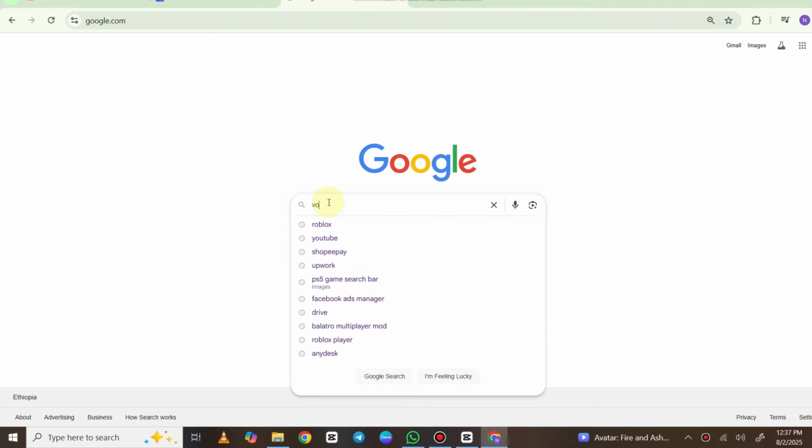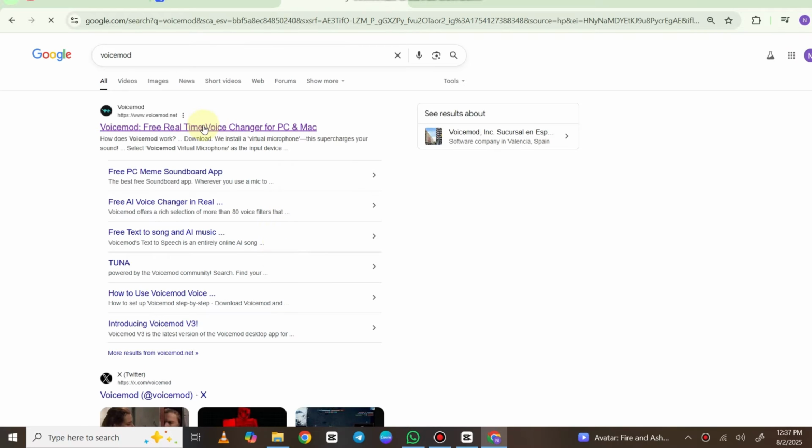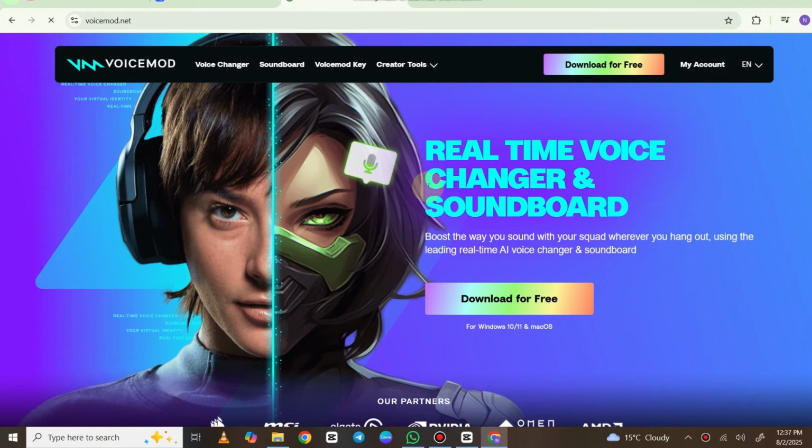We're then going to open up an internet browser and you need to type in voice download and press enter. Now click on this top website and it's www.voicemode.net and make sure you are on the official website. It should look like this. We can then click on the download for free button in the top right hand side and that should begin